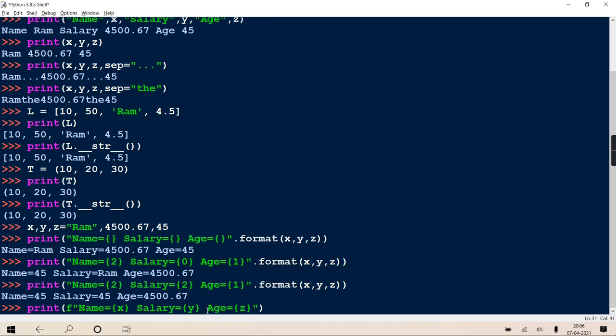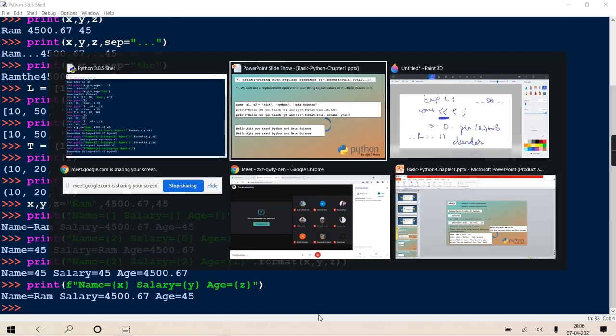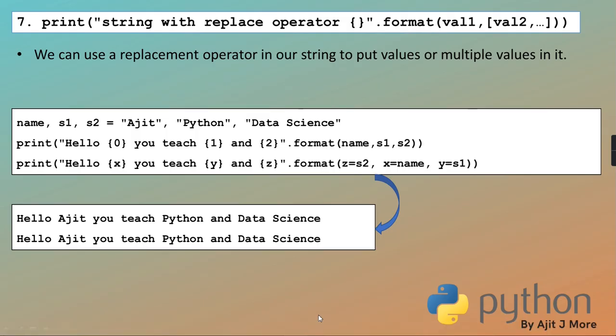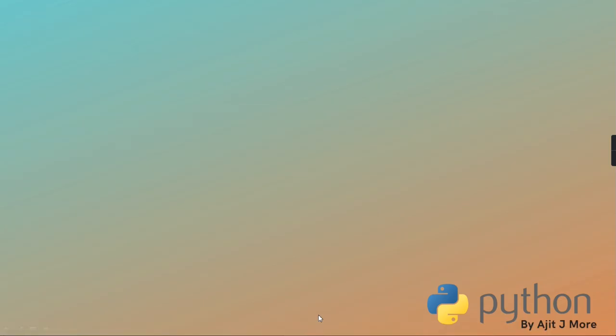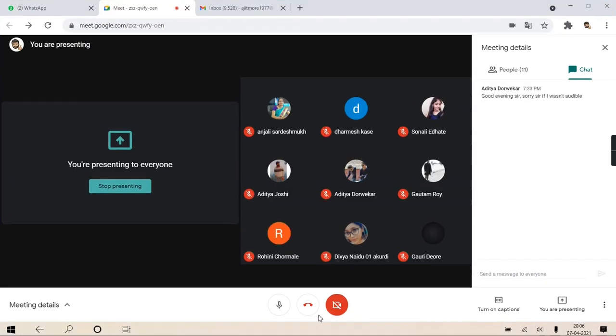So this string will get expanded by replacing this variable with its value, variable with its value, variable with its value, as I've preceded it with f. Getting? So that is also possible. I didn't show you that on the slide, but just remember such facilities Python also provides. Okay? So hope till here it is clear to you guys.